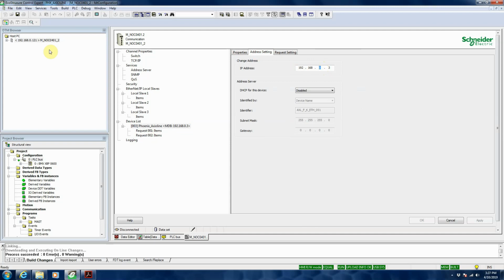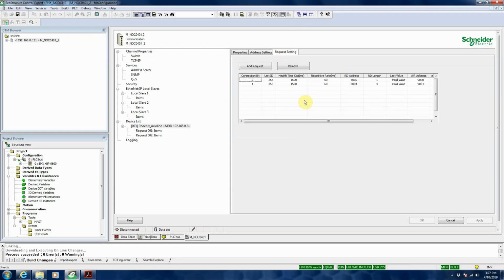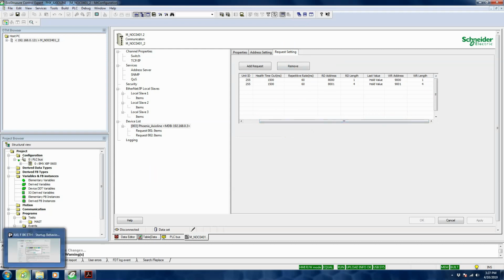Obviously, the first three octets have to match the first three of the NOC card if you're doing 255.255.255.0 for your mask. And then the third thing is you got to give it some transactions of what it's actually reading and writing. So in this case, what I did was I pre-configured the Phoenix Axioline block for an address of